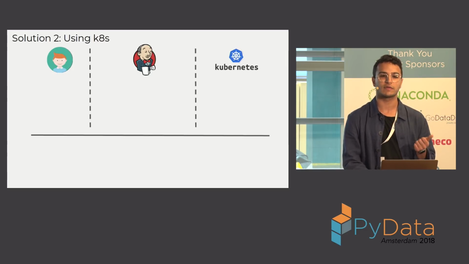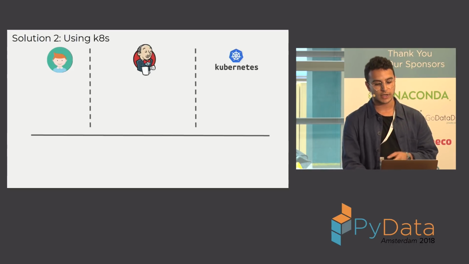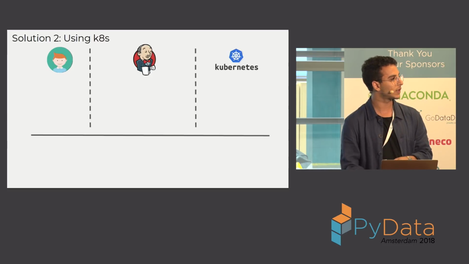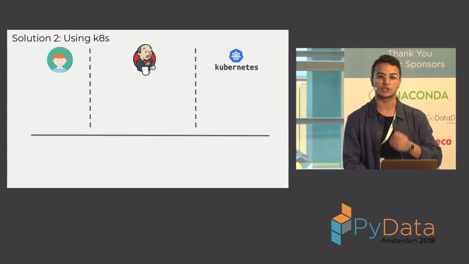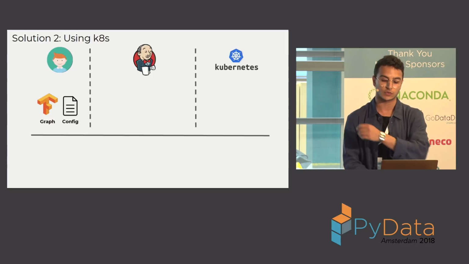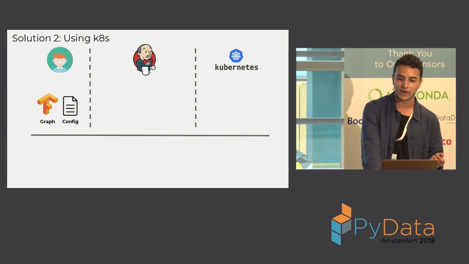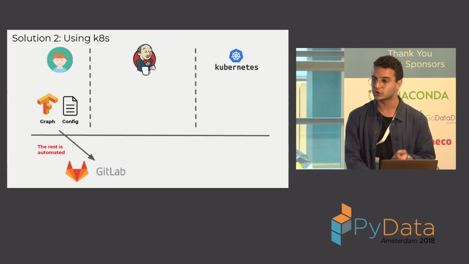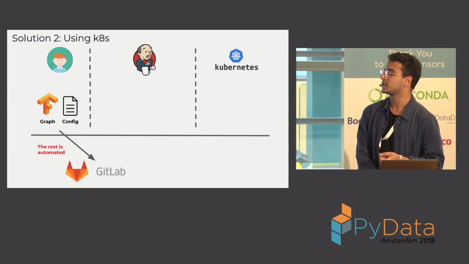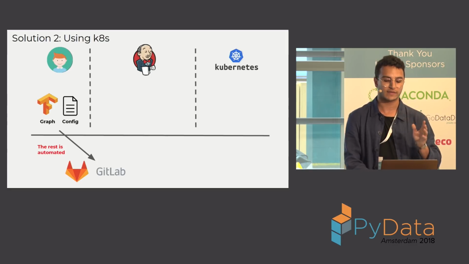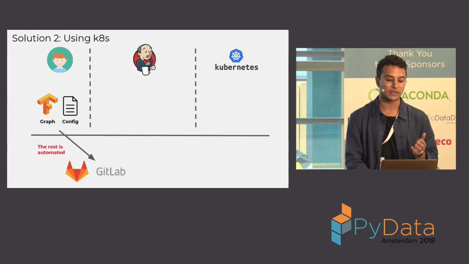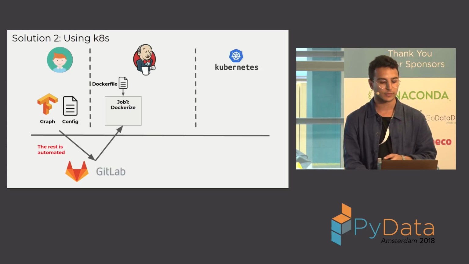So we have now the Docker file. We have the Kubernetes deployment. And now we'd like to schedule this somewhere. So I separated this into 3 contexts. One of them is the local context, which is your laptop or your workstation, whatever that is. And then you have Jenkins, which is doing the actual building. And then Kubernetes, which runs the workload or the machine learning job. So you have a TensorFlow graph. You have the config file, as we mentioned. You push to GitLab. And the rest is basically automated. So whatever happens behind the scenes is automated. And that was the whole point behind using this setup.